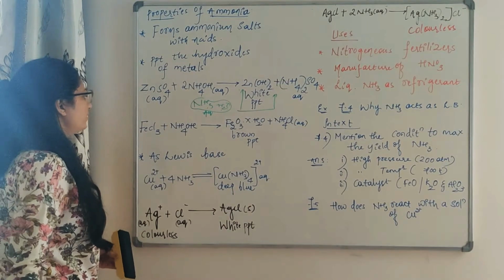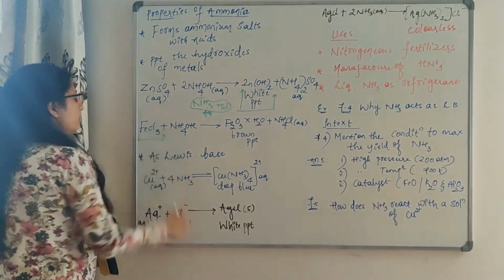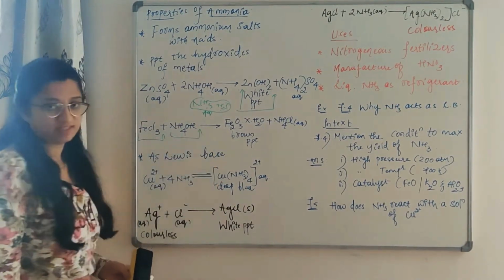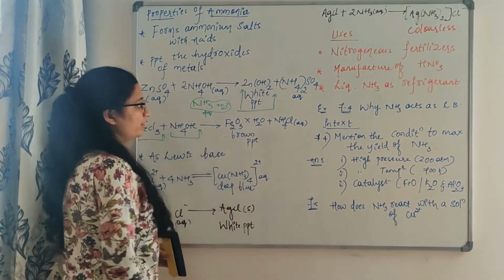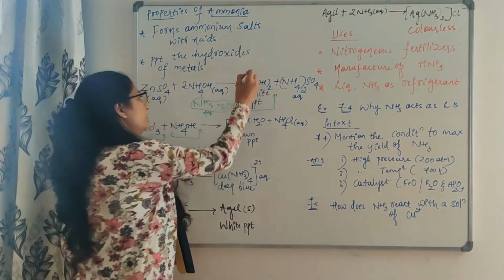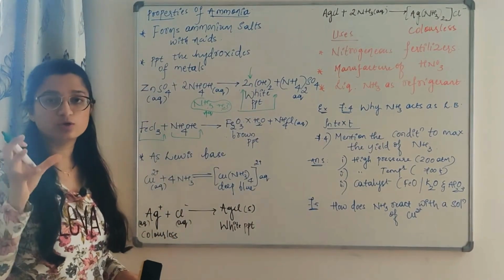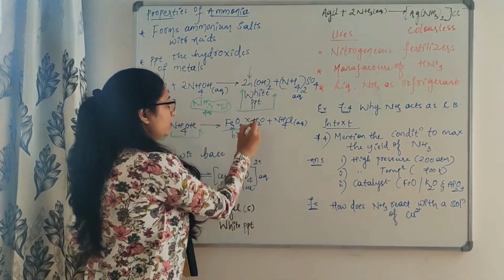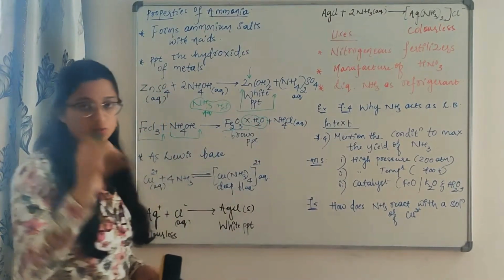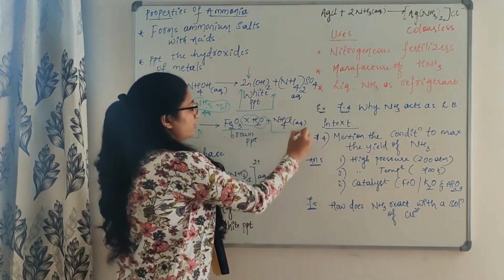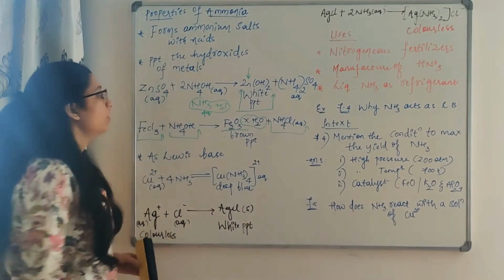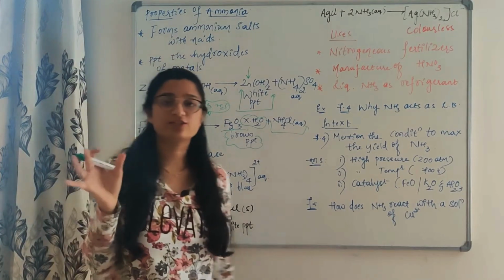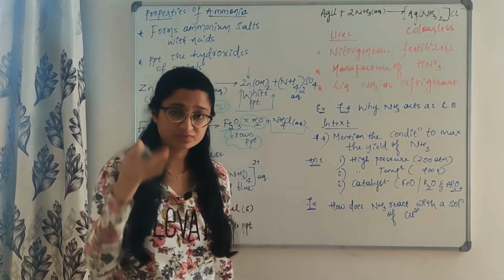The second one is, when you react FeCl3 with ammonia, that is NH4OH in aqueous form, as I told you, you are going to get either a respective hydroxide or a water of hydration for some molecules. Like iron here, there is a formation of Fe2O3 with some molecules of water, along with the formation of the salt, that is NH4Cl. The color of this is a brown precipitate. Okay, this is a reaction of ammonia with the metals.